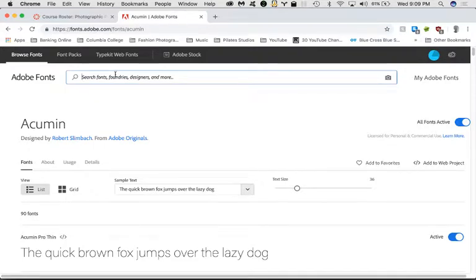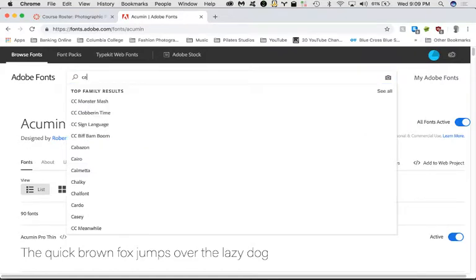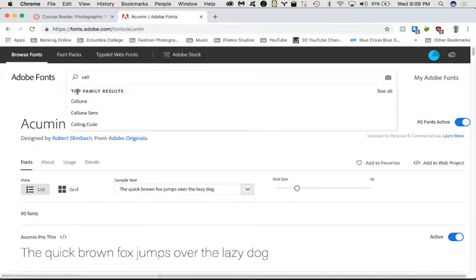There's another one that I want you to find right now, and it's called Calluna. C-A-L-L, and again, it should go through this whole part. Now, in our case, it drops down to giving me Calluna, Calluna Sans, and calling code. I don't care about calling code. The difference in Calluna and Calluna Sans, they are basically any of the notifications that give you a thing that